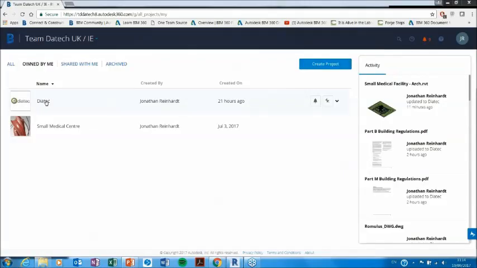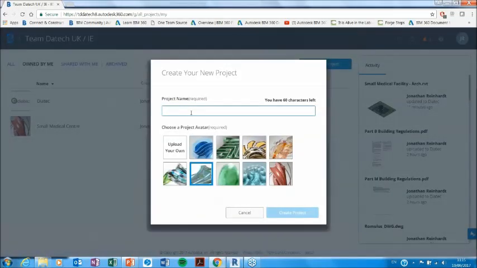Demonstration now. So basically, when you log in with an Autodesk ID into BIM 360 Team, you'll have a screen that could be blank. I've created two projects in here. So it's straightforward enough to create your folder online. I'll actually show you how easy it is. You just create project, and it could be